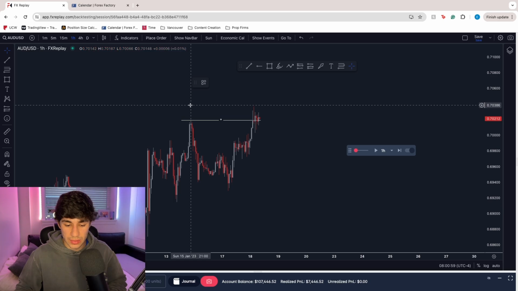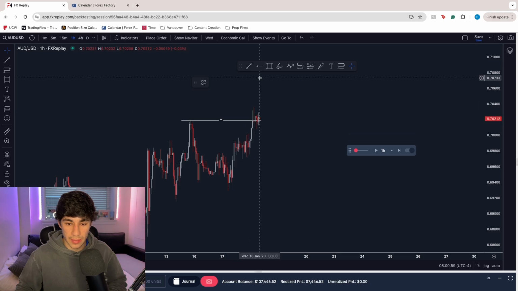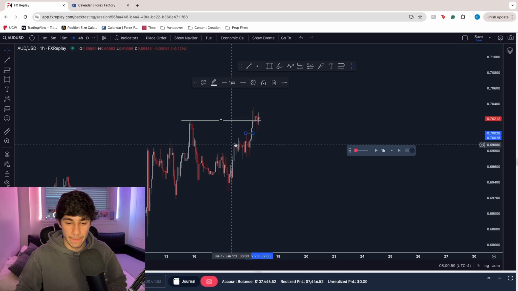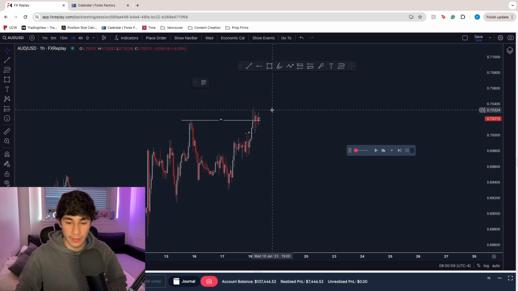Understanding that this was Sunday's high, right? And where's Tuesday's high? This was Tuesday's high. So we also took Tuesday's high, right? So now I would maybe like to see if price is able to manipulate this low here, because there's actually no momentum to the downside. So for price to do something like this, to manipulate this high here and then give us a break of